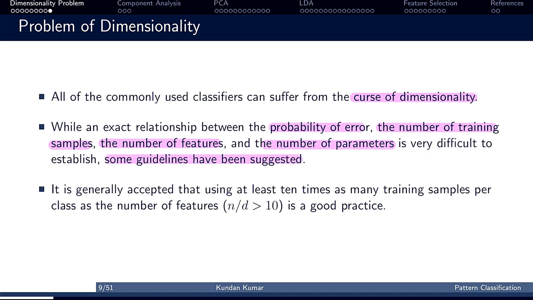It is generally accepted that using at least 10 times as many training samples per class as the number of features is good practice. This is a general guideline, so we can consider that the ratio of the number of samples to the dimensionality should be greater than